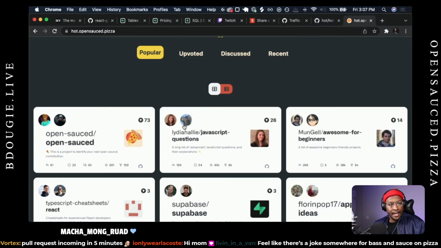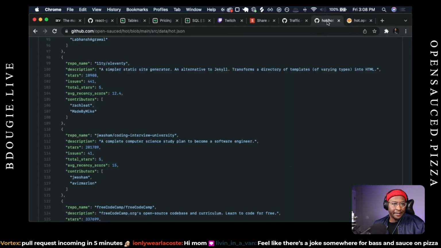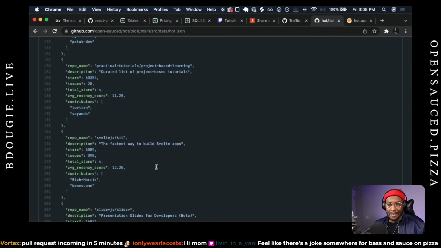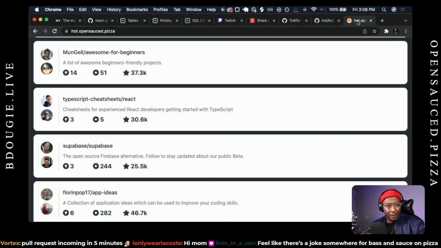So everything you see on this list is actually coming directly from this JSON file. The reason I'm doing that is because I wanted to be able to quickly get a UI up and running without the limitations of managing thousands. I think at the moment we're up to 3,000 repos. So I didn't want to manage all that and try to do all that virtualization. I just wanted to get the UI to work, which is what we have here.